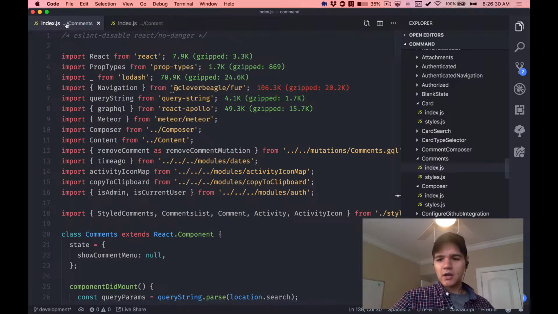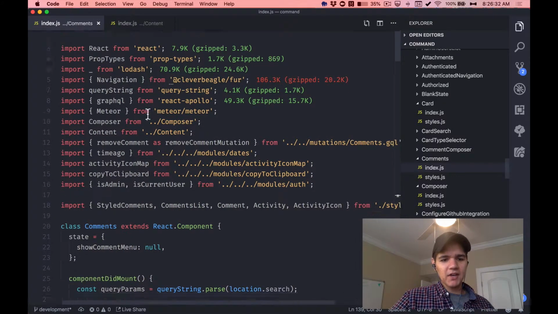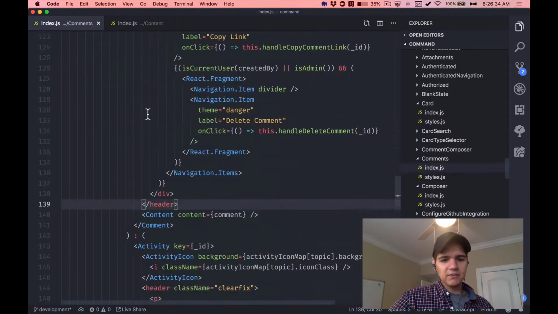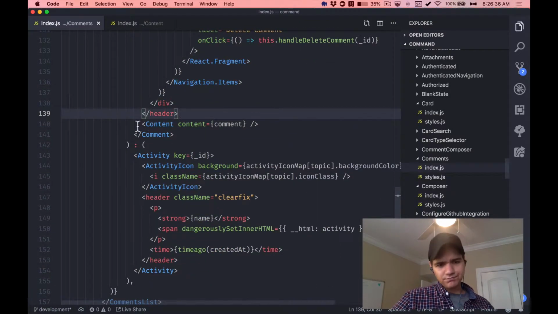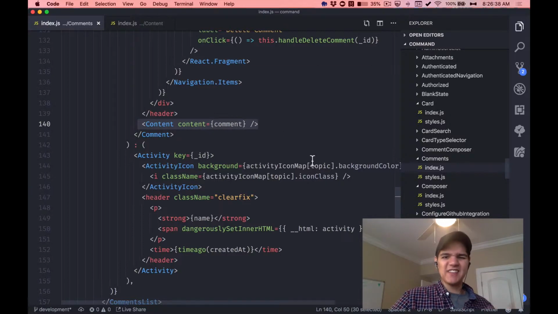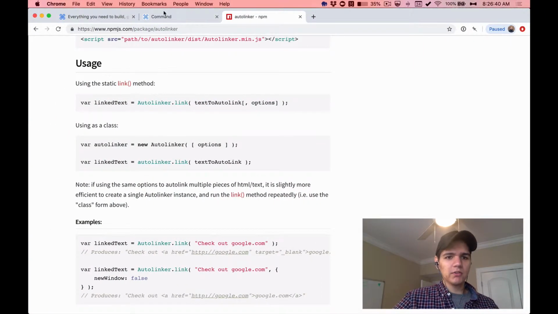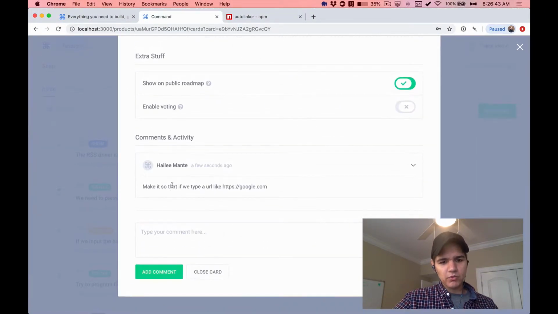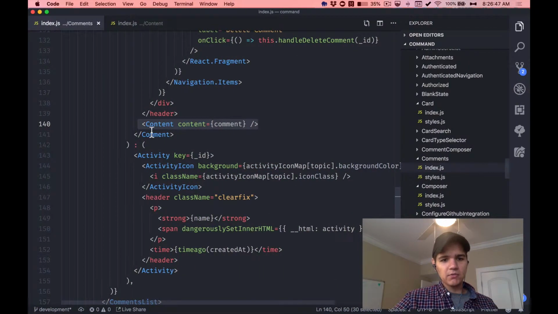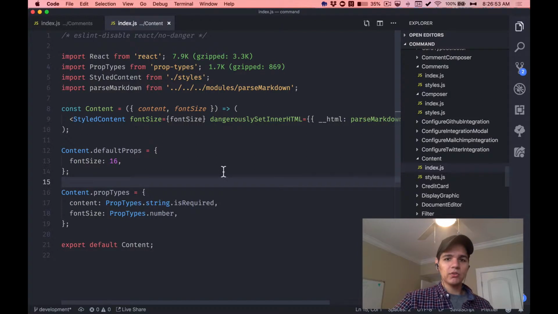So what I did before we started, I've opened up the comments component inside of the command, and you'll also notice that when we go to render the content of a comment, quite literally back here in the UI, the part that I have highlighted is being rendered by this content component. That's one that's built into Pup, and I've modified it so that the content style is consistent,